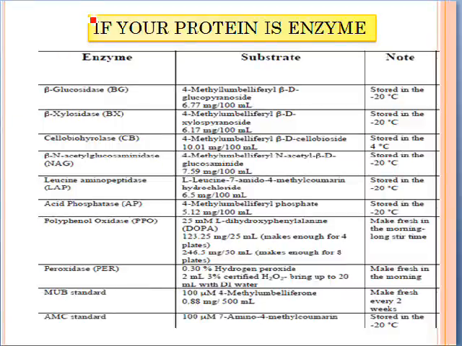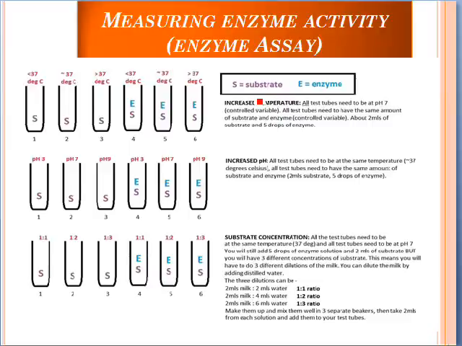Now, if your protein of interest is an enzyme, then you have to proceed for enzyme assay, in which first of all you should have knowledge of the substrate by which we will calculate the enzyme activity or Km value. Here you can see some enzymes and their substrates. We can also optimize the assay conditions by varying substrate concentration, temperature, time, pH. We can also evaluate the enzyme using different inhibitors.